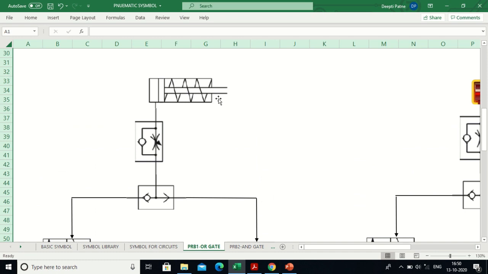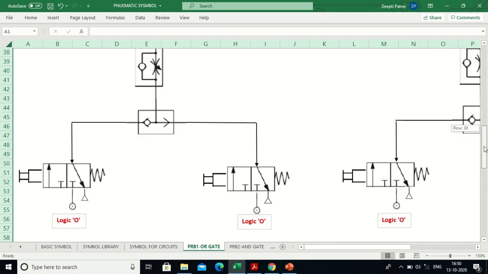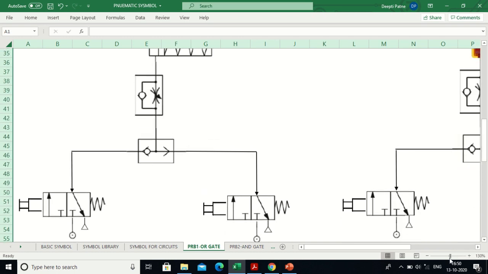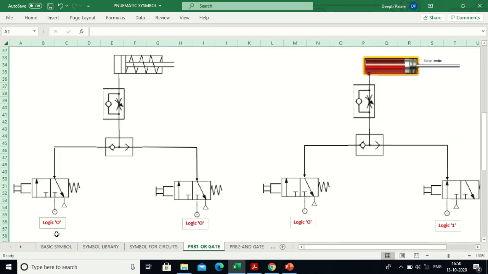As I told you earlier, we have to minimize the circuits. If I am using a double acting cylinder instead of the single acting cylinder, then I need to use the double line. Unnecessarily, the cost of the circuit or the wiring complexity is going to increase. So instead of that, the single sided cylinder is going to give me the output. So this was the case for the condition 0 0, that is logic 0 0, the output is 0.